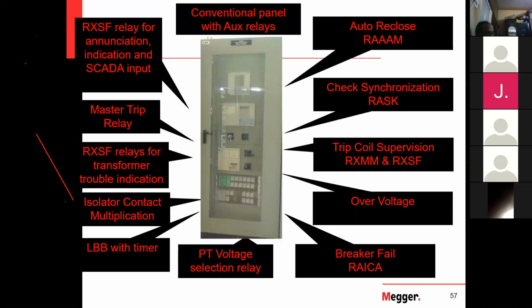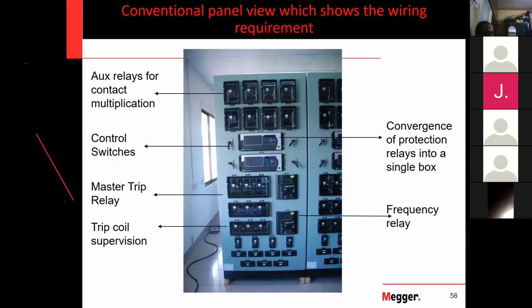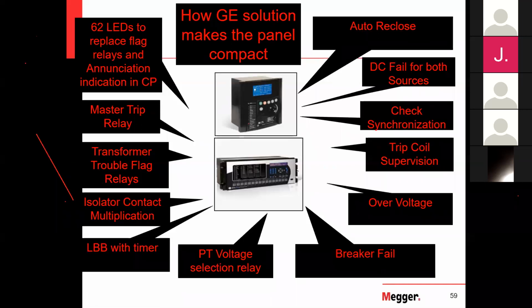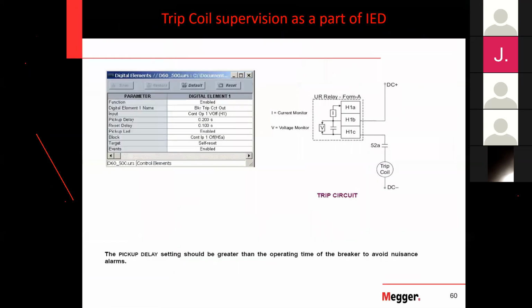So a lot of relays will be there in a panel like this. Instead of having multiple relays, you can have just one or two relays, one BCU and one BPU, because this relay itself has all the protections available inside. Like our mobile having a camera. Nowadays, very few are using digital cameras because everything is inbuilt in the mobile itself: audio, FM, everything. If it is not there, you use many equipments. If everything is there in a single equipment, why use multiple equipments? Therefore, they eliminate all these things.